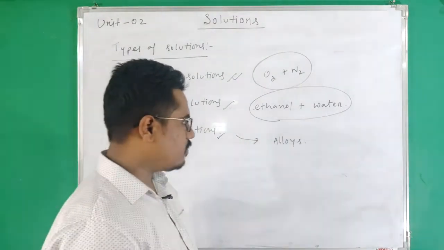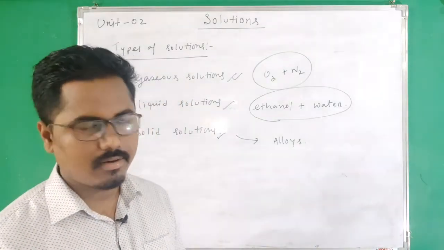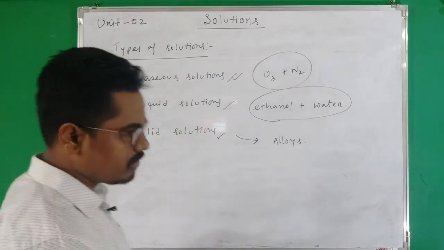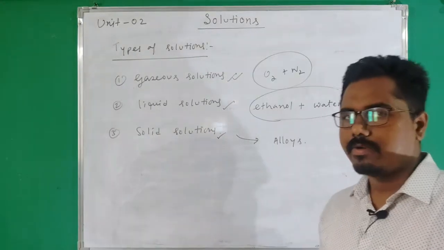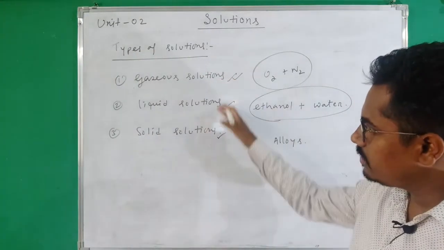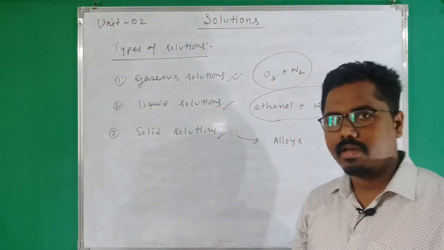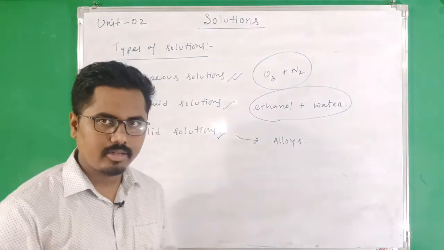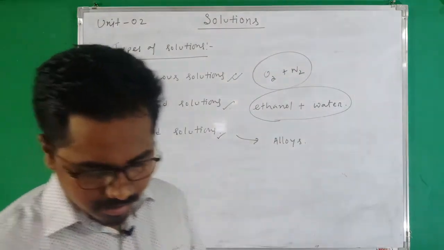Alloys are homogeneous mixtures of two or more metals. Okay, so these are examples of different types of solution. There are also different examples of these three types of solutions. You will find them and prepare a chart and also send it to me. Okay, next